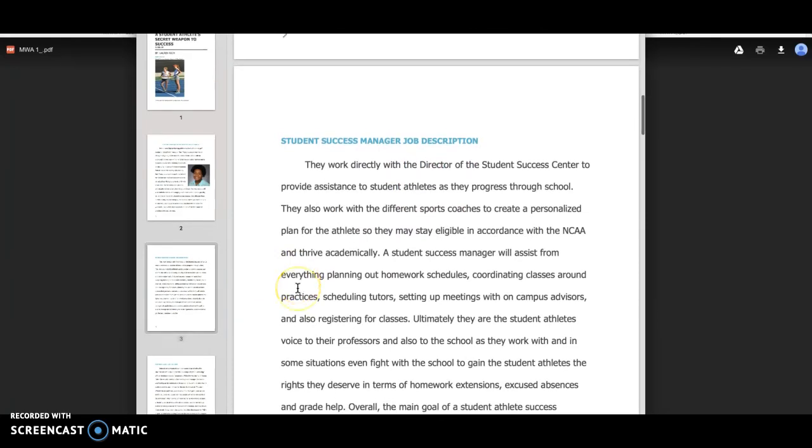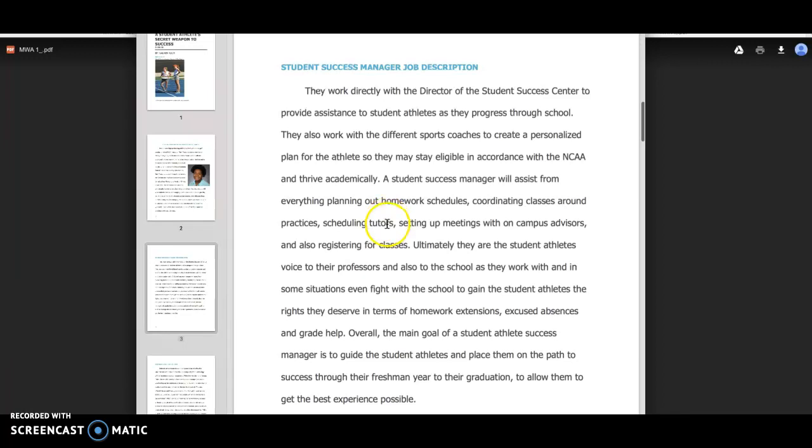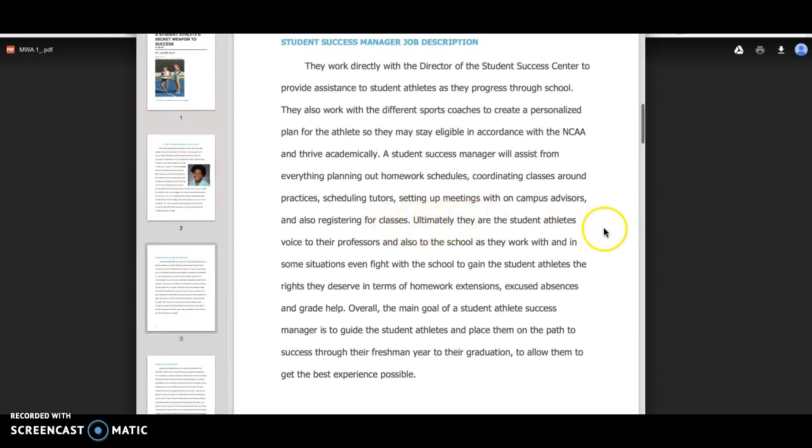And also I was told to add more to the Student Success Manager job description, which I did. I elaborated more on the specifics of what she does.